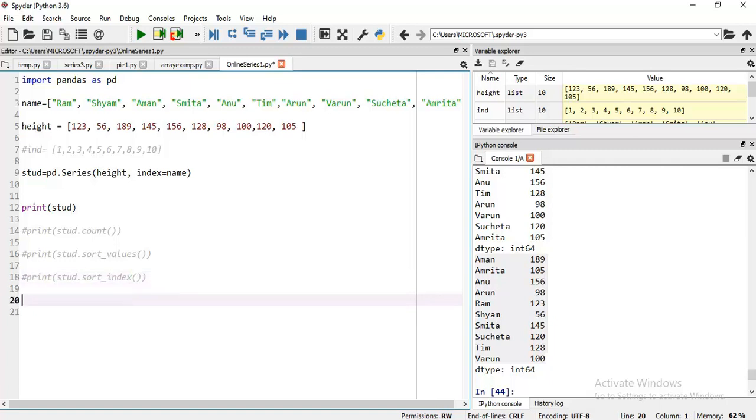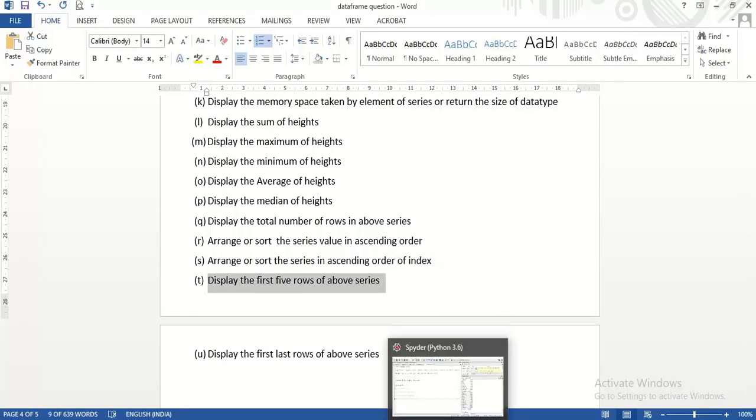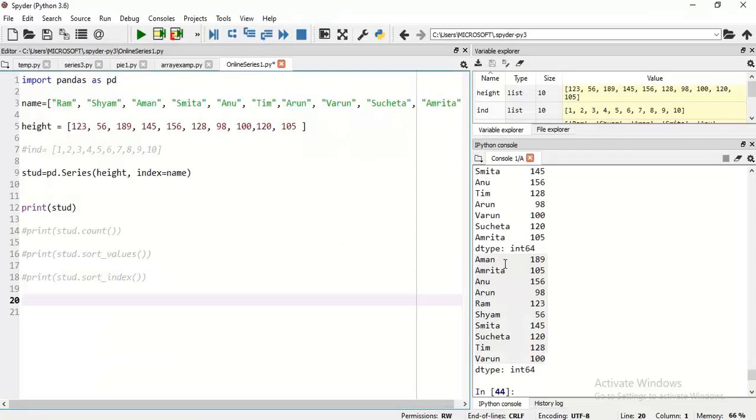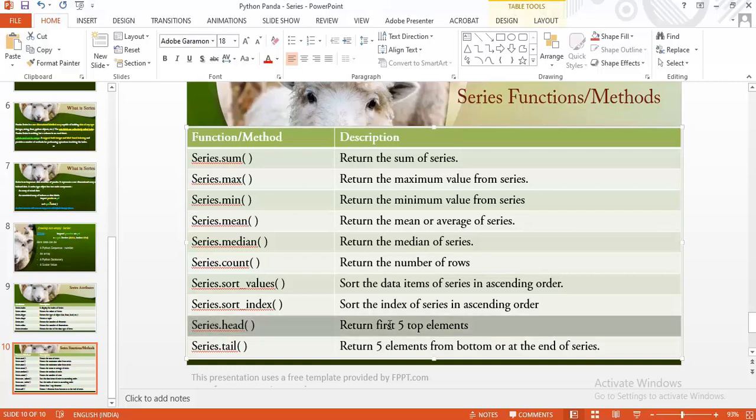Now we have display the first 5 records of the series. Each time you need not see the entire series, rather you may want to display the first 5 records or first 4 records. For displaying the records from the top, we use the function head.